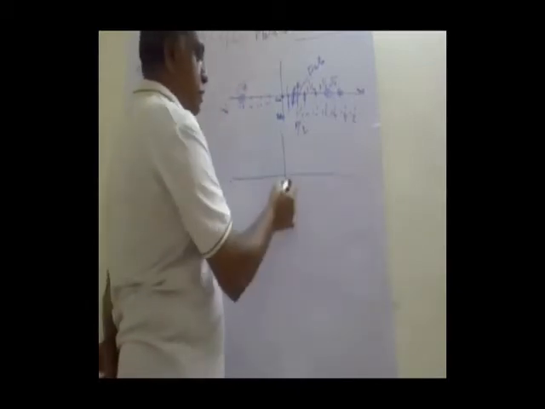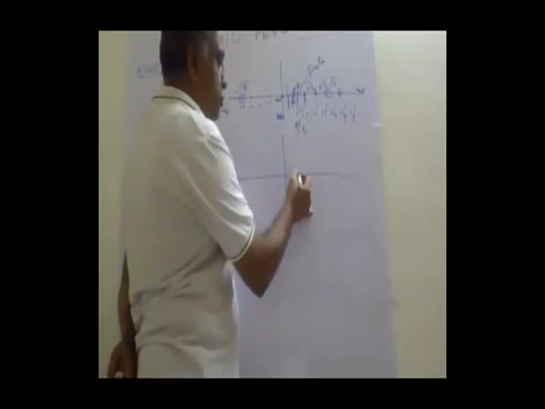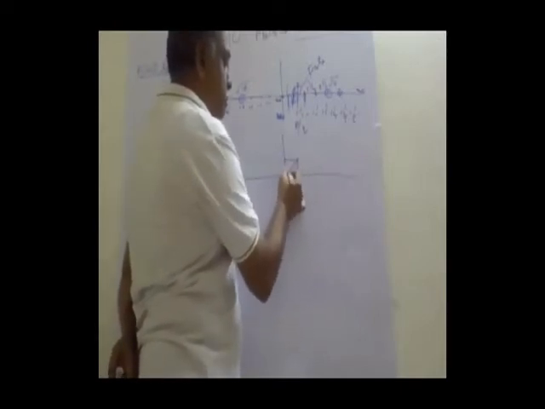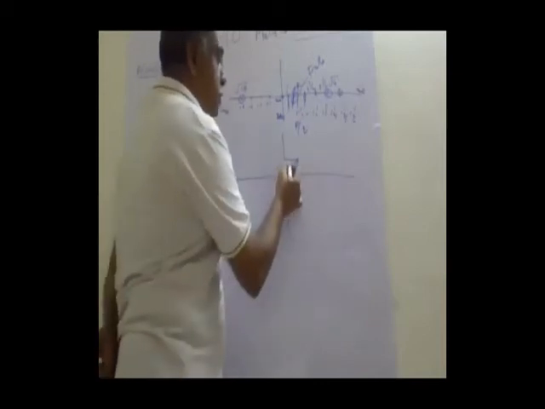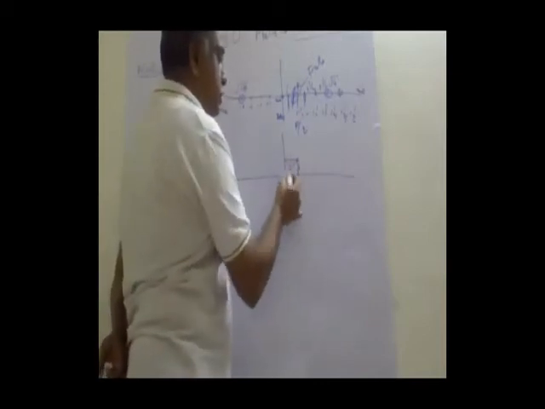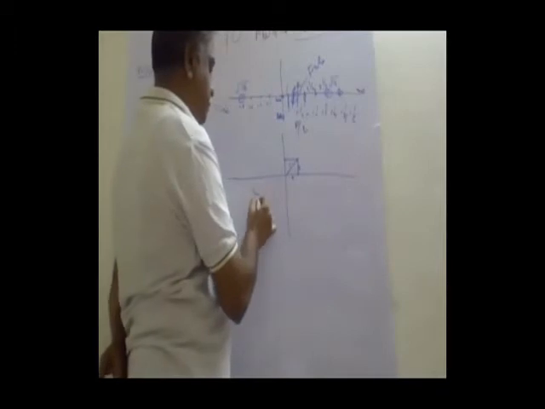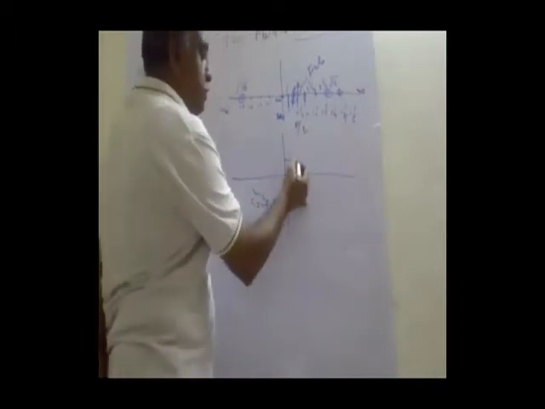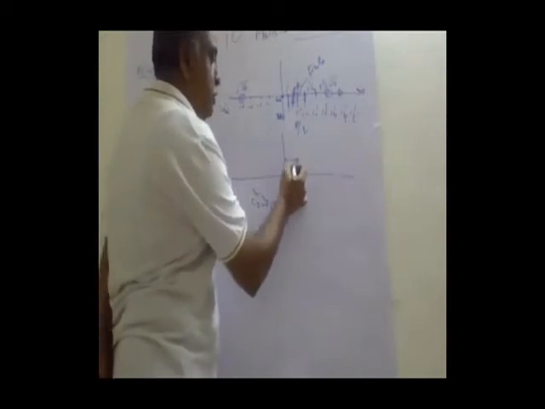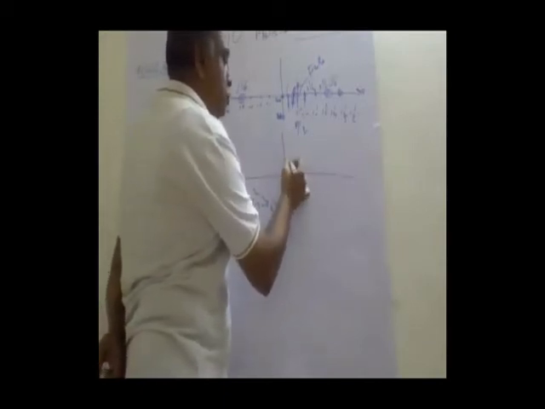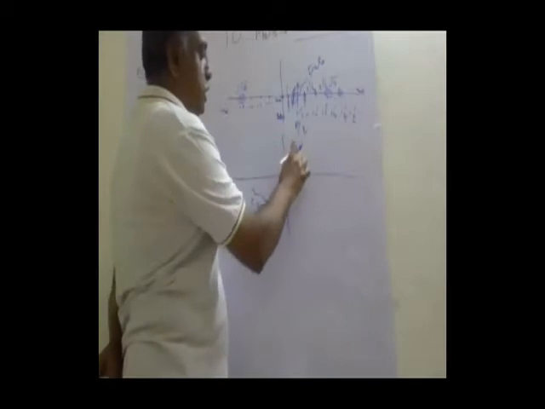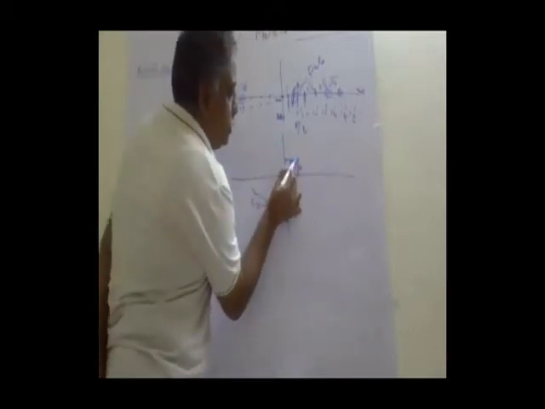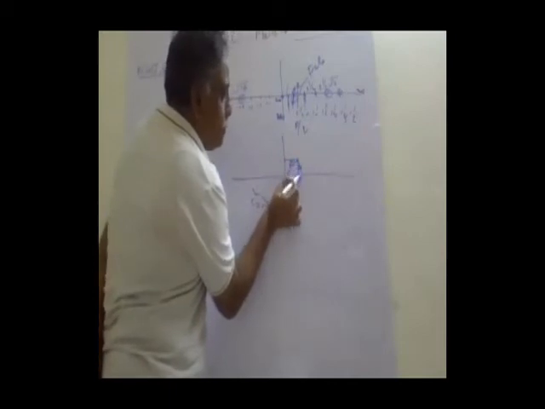Now let us see the irrational numbers. Suppose this is 1 and this is 1. What is this distance? This is C, this is A, this is B. So C square is equal to A square plus B square. If this is 1, this is 1, 1 square plus 1 square is 2. So C is root 2. This length on the graph is root 2. If I give an arc on this, this point is root 2.